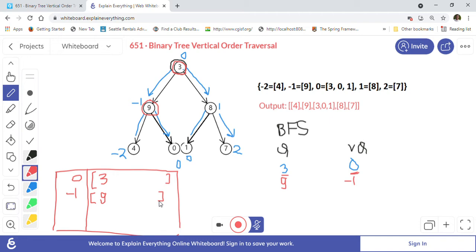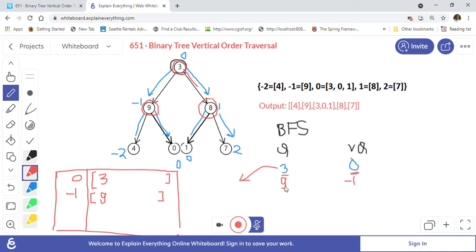As you know, in the BFS, when we take out the 3 from the queue, we put its left child and right child. That is the approach. So for the left child we put 9, and now we have to put the right child. The right child of 3 is 8, right? For 8, the vertical position will be 1.